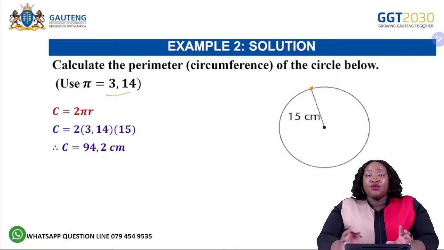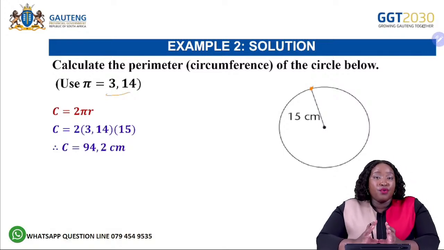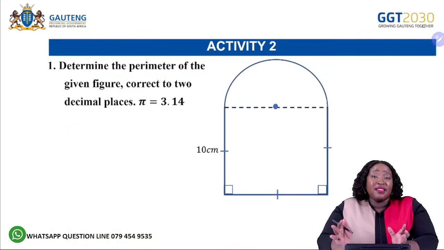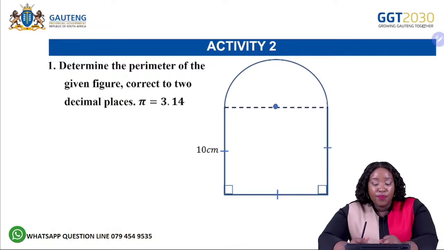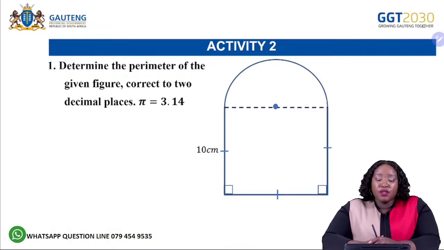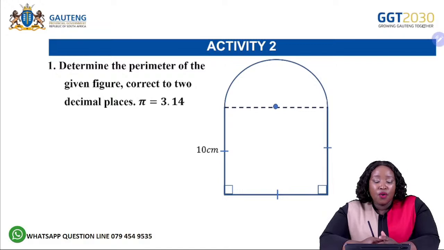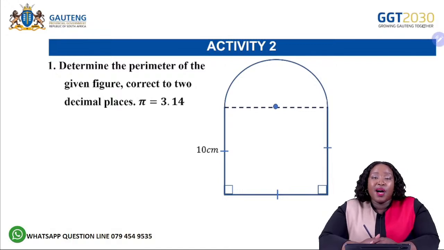All right. So this is when you're just given a straightforward circle. But we know life is not that simple, right? So usually you would get something that looks like this. This would look like one of those French windows, you know, nice, beautiful window in a big mansion, all right? Or in a church, right? This is what you'd have as the outside structure of that type of window. It says determine the perimeter of the given figure. Correct to 2 decimal places, and pi is equal to